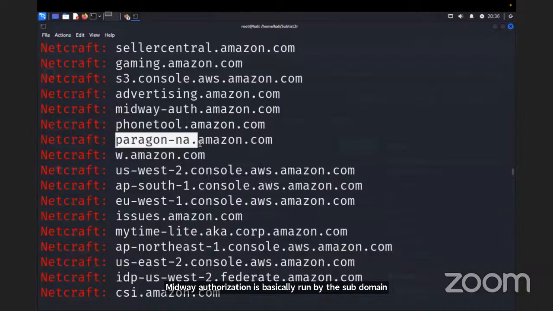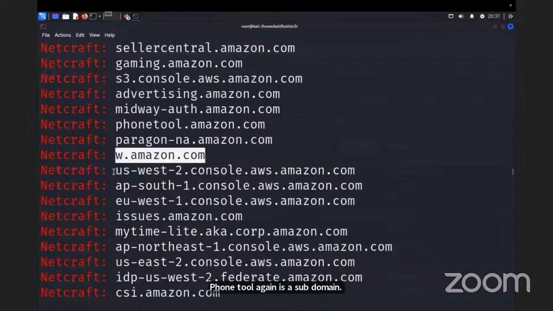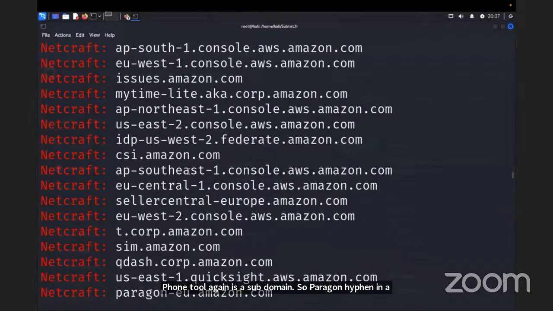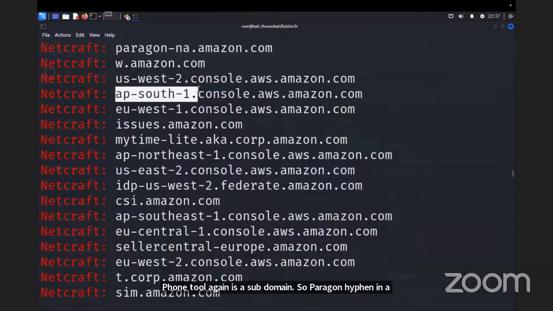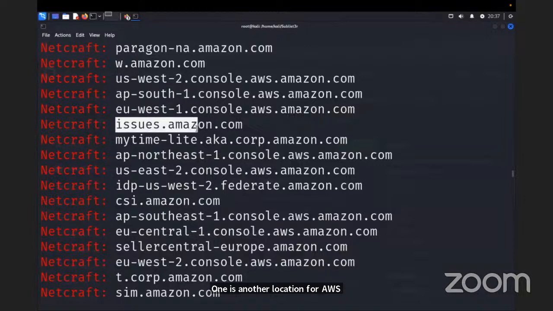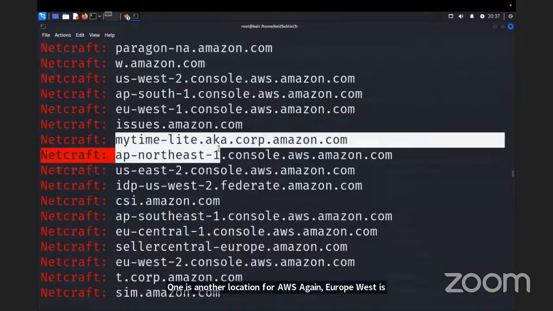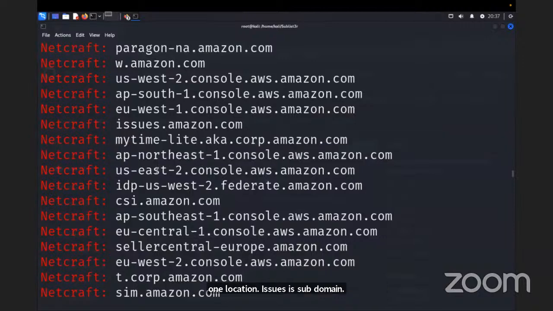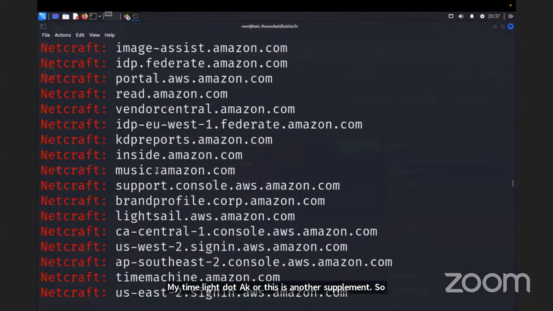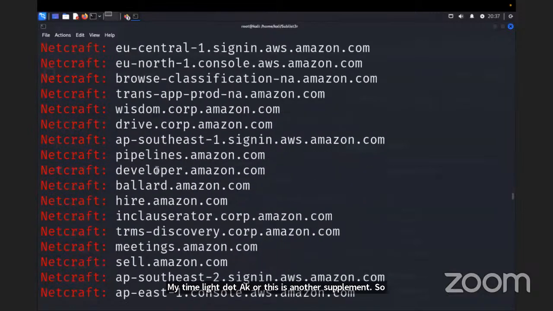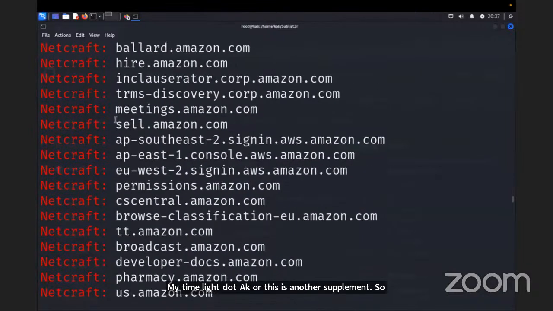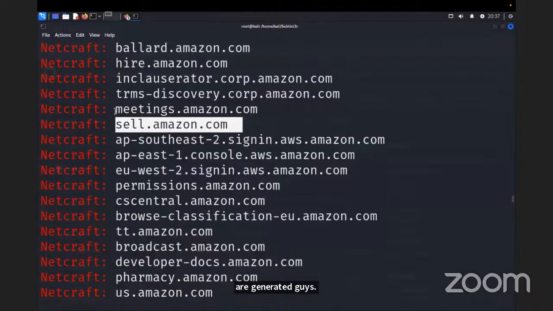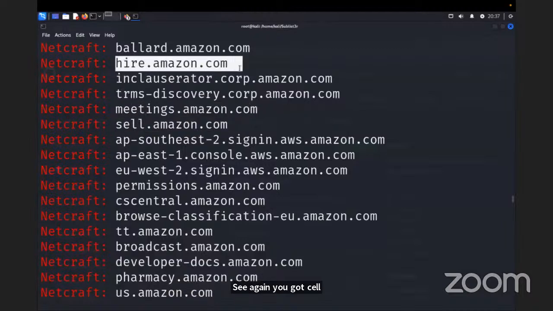So Paragon-NA, w.amazon.com, US West is one location for AWS. AP South 1 is another location for AWS. Again, Europe West is one location. Issues is a subdomain. mytimelight.aka corp is another subdomain. So these are all n number of subdomains which are generated, guys. Again, you got sellamazon.com, meetingsamazon.com, hireamazon.com,